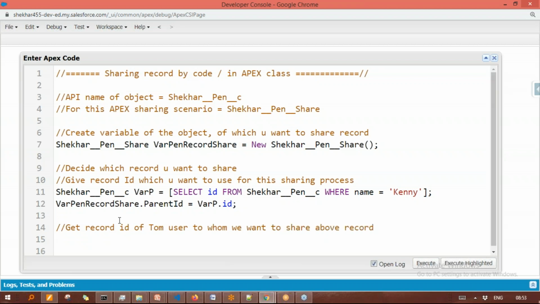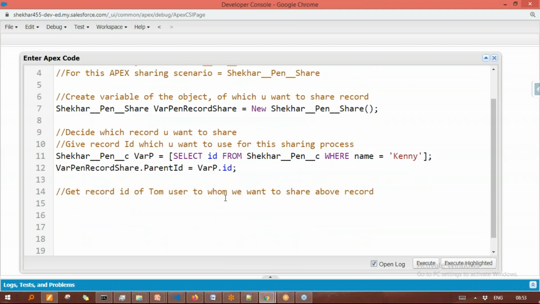So how to get it? Again by query, simple. Whatever pattern we follow in a real-time project, we are doing the same here. So write the query. What will the query be? Query will be something like this. Select ID from User. This is a standard object that we already saw in our admin training in the security topic. Select ID from User